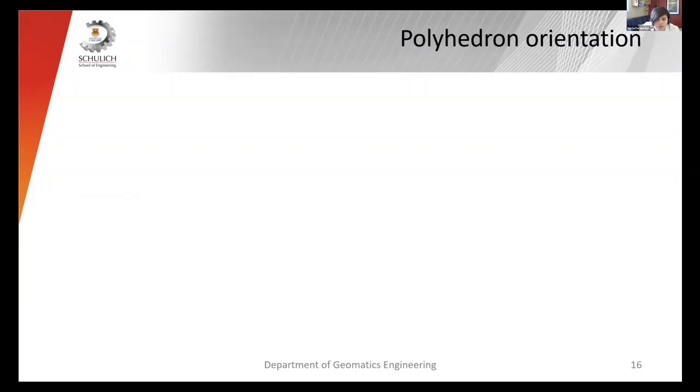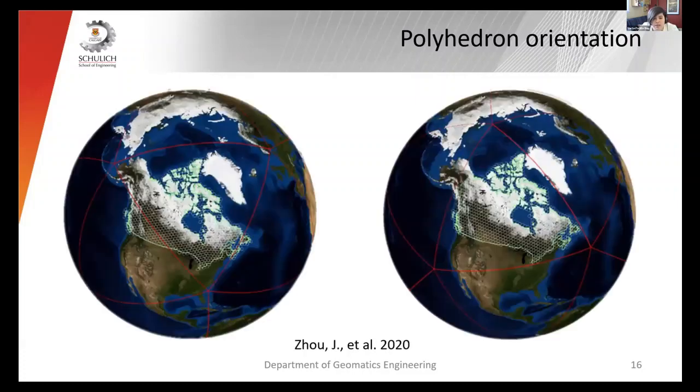And the orientation of the polyhedron relative to the Earth has an impact on the efficiency of the indexing and introduces deformation and inaccuracies, since it affects how the Earth gets partitioned. So this orientation is also a design choice achieved by the rotation and/or translation of the polyhedron. And if working on a local scale, the study area would benefit from being in the middle of a single polyhedral face. As you can see in the picture, the right side portrays Canada in the middle of a polygonal face.